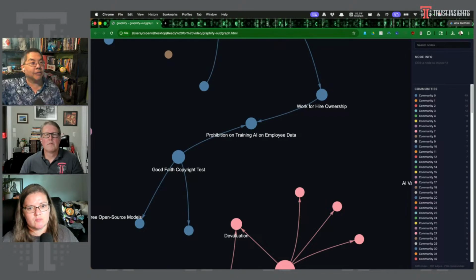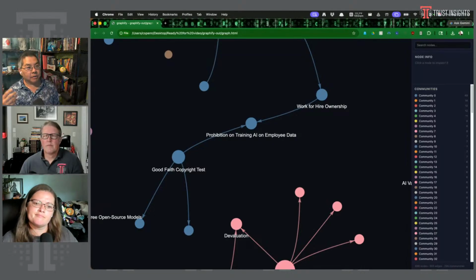So you can't go off and write about chicken curry, right? No, you have to be working in this section on copyright tests. And so the symbolic knowledge graph and ontology dictates what the model is and is not allowed to talk about. And so you end up with much higher quality results from generative AI,